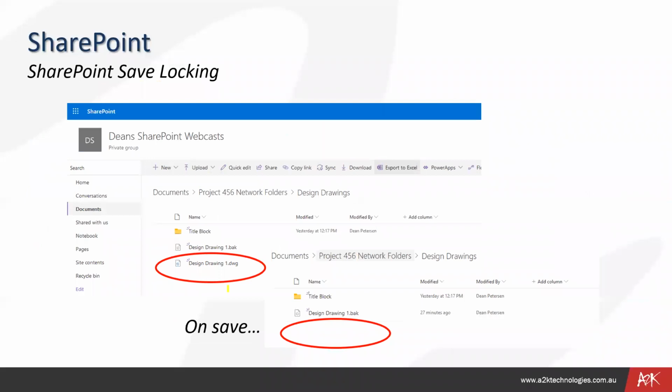The other thing you need to be aware of is when you do save a drawing. These are both, what we're looking at here, both up on the SharePoint website or web interface. Before you've opened a DWG file, you can see both the drawing and the backup file. You go and open the drawing file and you're working on it. As soon as you do a save on it,